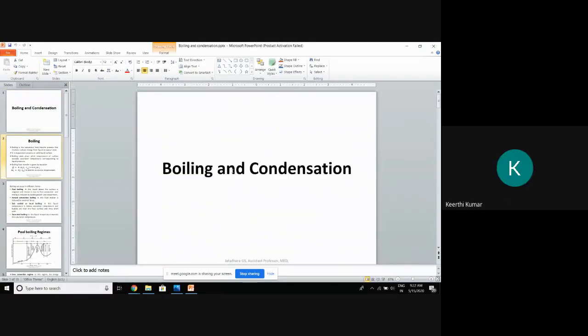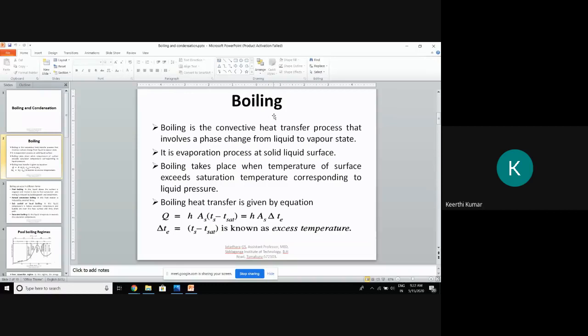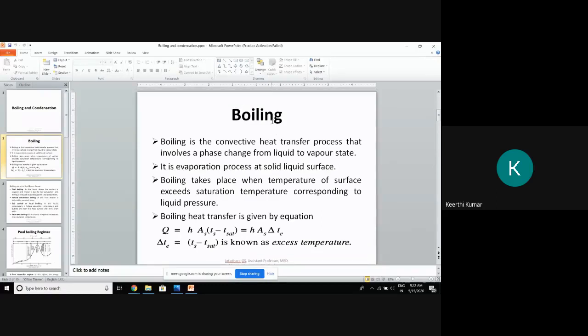Okay, see now. Here, for boiling and condensation, a little theory is there. I'll just refresh it. Boiling, you know what the meaning of boiling is? Boiling is nothing but change of phase. From where to where? Change of phase from liquid to vapor. That is called boiling. I took this PPT from my friend. I will do the theory in detail from tomorrow, just to brush you up, I have taken this PPT.